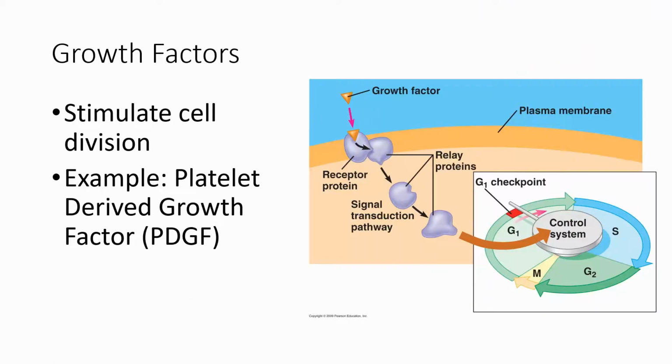Growth factors are important because they stimulate growth of cells, so they will actually initiate mitosis. A lot of these are going to end in GF, or growth factor, as part of their name. So there's NGF, which is nerve growth factor, there's TGF beta, which is transforming growth factor beta, and there's PDGF, or platelet derived growth factor. Each of these growth factors are turned on at different times in the cell cycle